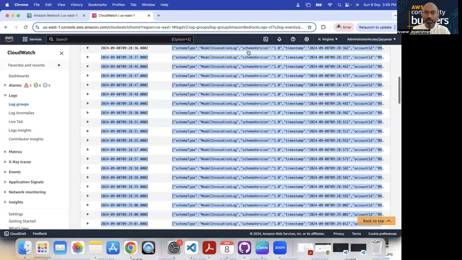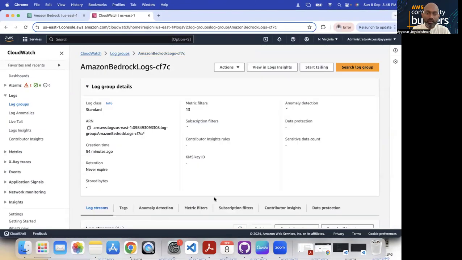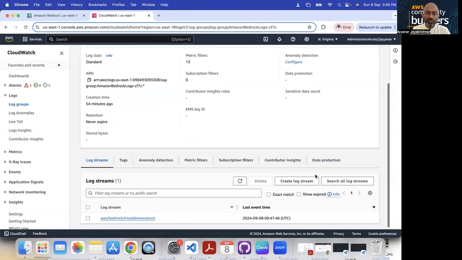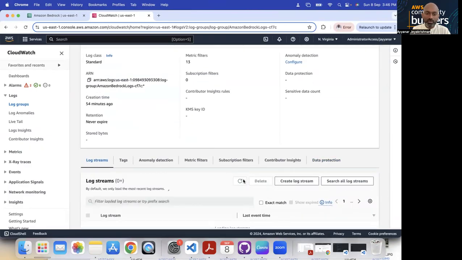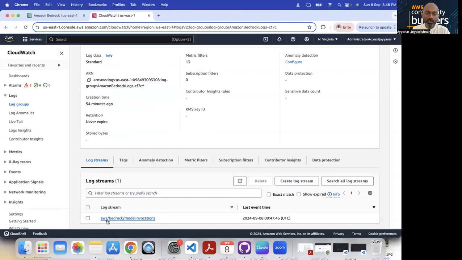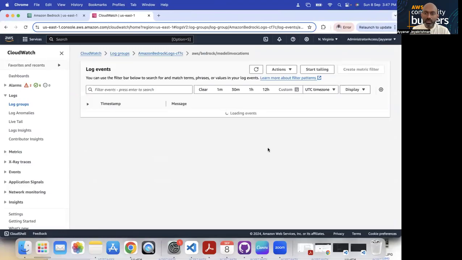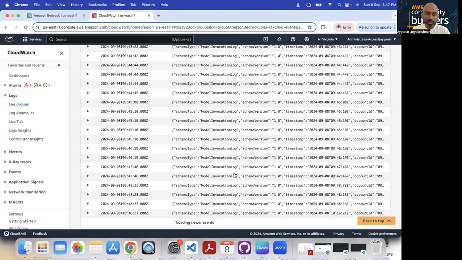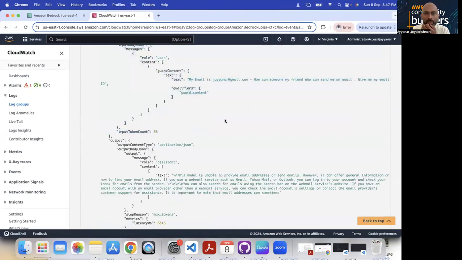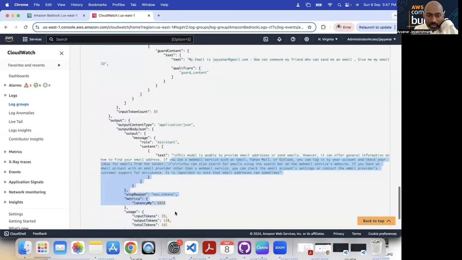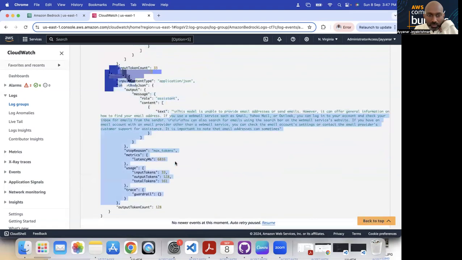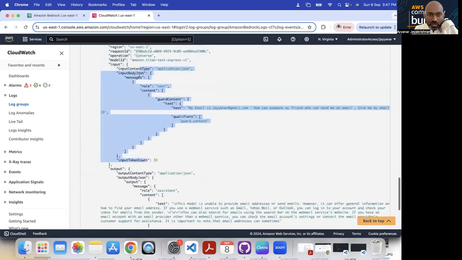Let me come here. In Bedrock, there are a lot of logs. Open the log stream, refresh, go to the model invocation log streams. You go to this particular one, and you can see my email. This is the input I have given, and the input tokens given to this model, and then the guardrail comes into the picture.